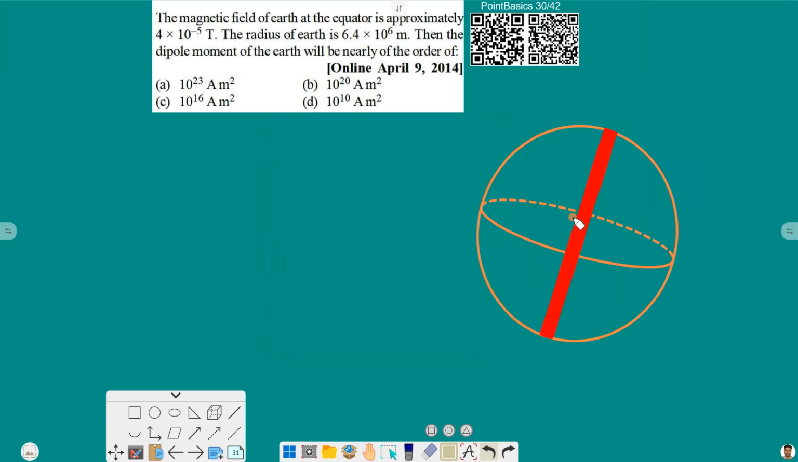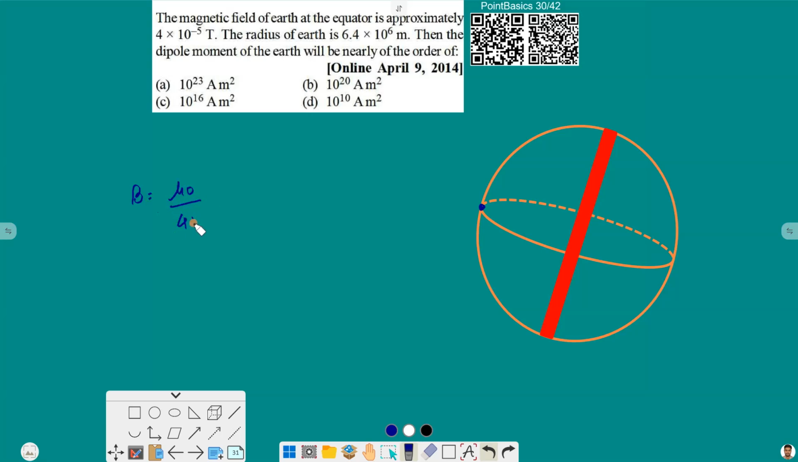Suppose this is our supposed magnet of Earth. Now we have been given the magnetic field at the equator, so we have been given a magnetic field at this point. So this point acts as an equatorial point for this magnet, and for a magnet like this, the magnetic field value at an equatorial point is given by